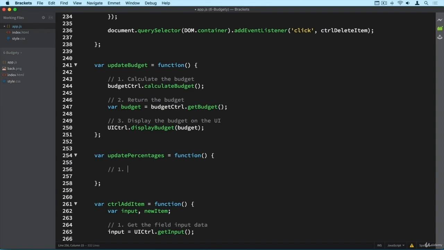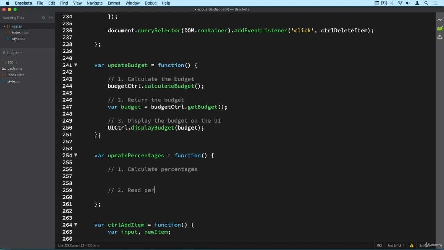So we first need to calculate the percentages. Then after that, we're going to read them from the budget controller. So very similar again. And finally, we then update the user interface